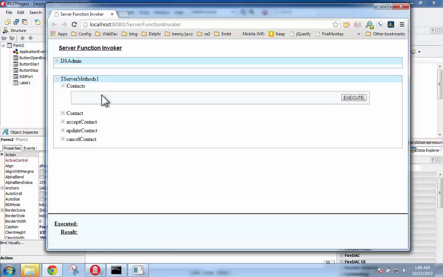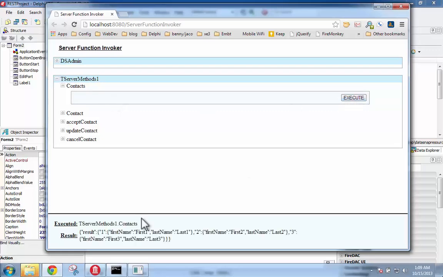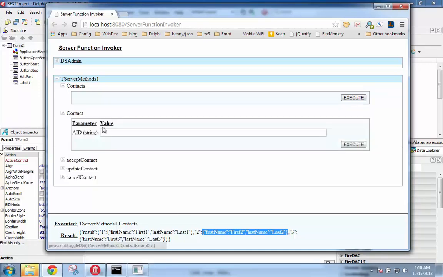For example, if we look at contacts, which is the list, we execute, we get back this JSON data structure. Now we can actually use this same interface, though it's really a bit ugly, to get information about one specific contact,